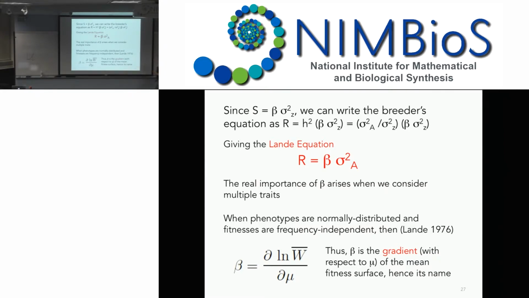But the really interesting thing is that beta has another interpretation. We keep on calling it a gradient. Remember from calculus what a gradient is? If I've got a multidimensional function and I'm sitting right here, the gradient vector is a vector of partial derivatives. And basically it's a vector that points in the direction of steepest change, steepest increase or steepest decrease, depending upon what the function does. What you can show, and the notes show it's pretty straightforward to do, is that